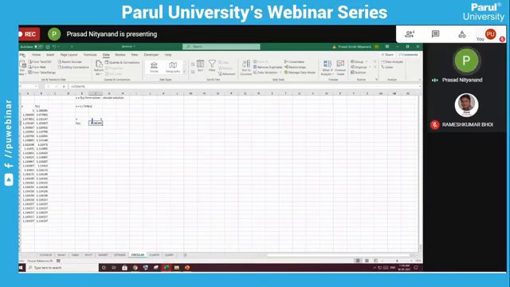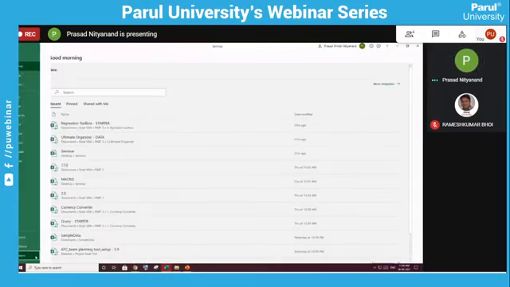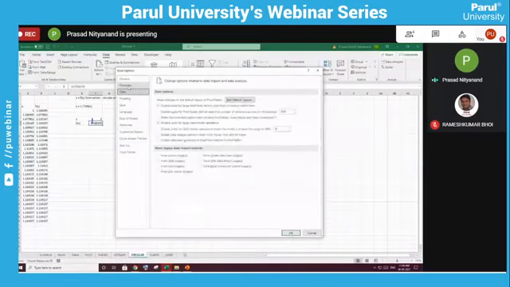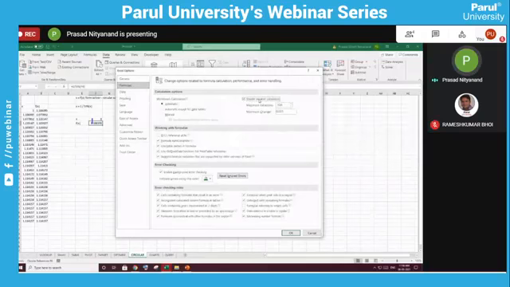To solve this error, I will go to options, formulas. I will enable iterative calculation. Maximum iterations will be 100, and this is the tolerance value. After doing iterations, if the difference in value is within this much, the iterations will be stopped.